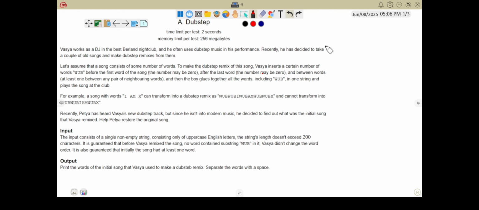Hello everyone, today we will solve this problem. Here a string is given. It's basically a combination of jumbled words, but if you look closely here, then you can see a pattern, and that is the repetition of this word W-U-B. You can see it here,